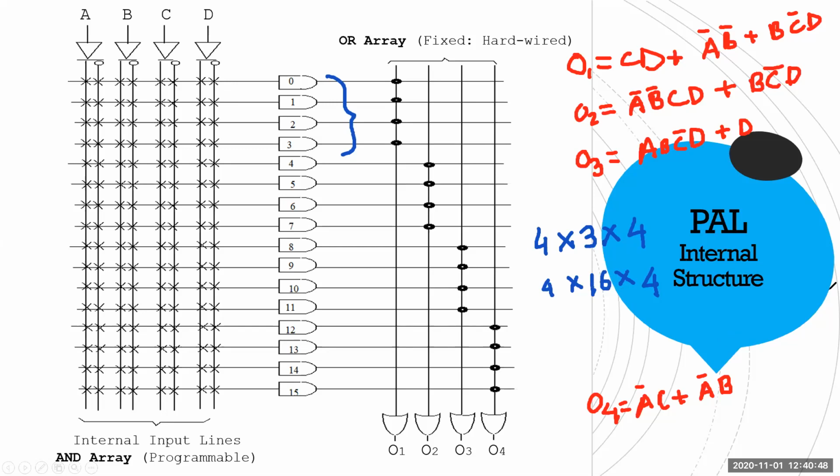Because you have to understand how many AND gates you need. Because you cannot take common. Got my point? That's why I have written 3. Actually, you do not need 3. You actually need 12. But I have written 3 because each OR gate needs 3. That's why I have written 3 first.